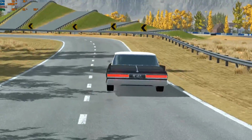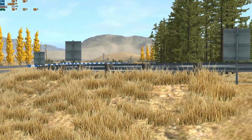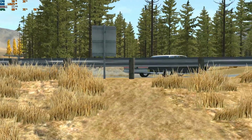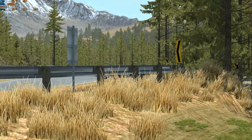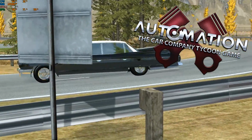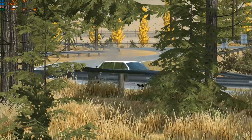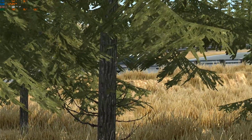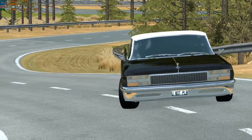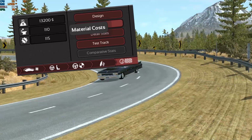All right, now we are done with all of the parts. Now let's talk about the total category points. Oh no, sorry. Before the total category points, the car price, because on the latest Automation version, the developers, I don't know why they did that, have disabled the margin system and the total price on the market cap. They have replaced it with a material cost. So the car price, or as they call it, material cost, needs to be